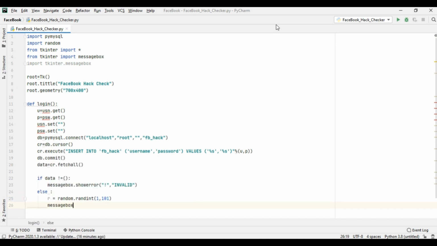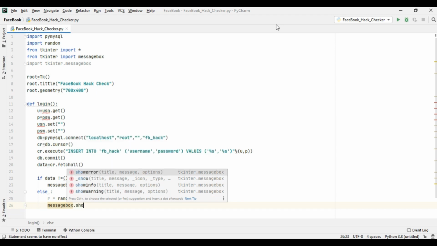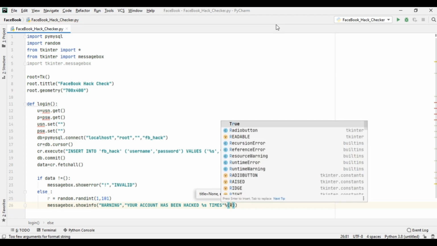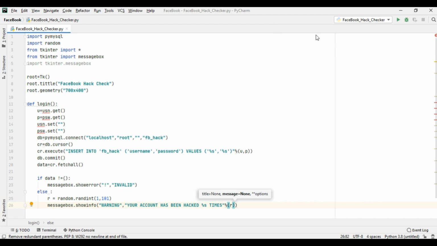Again we will show a message box dot show info, this time show info, warning, your account has been hacked, %s times, and we have passed it.